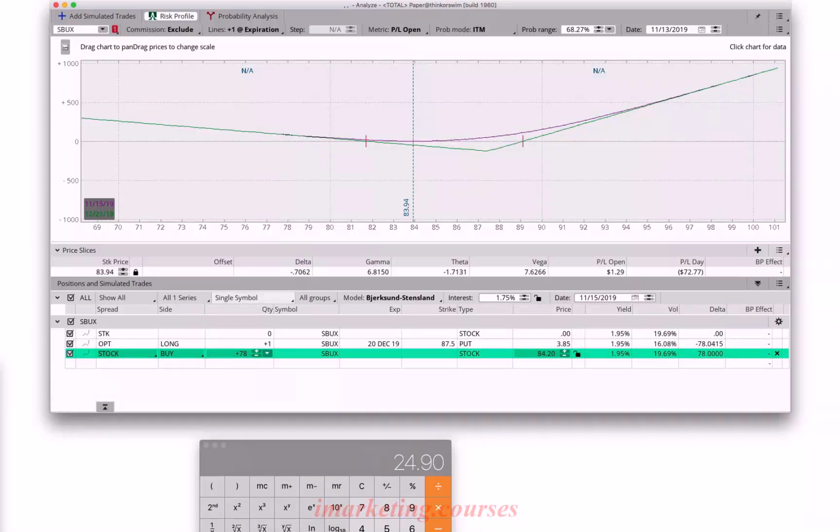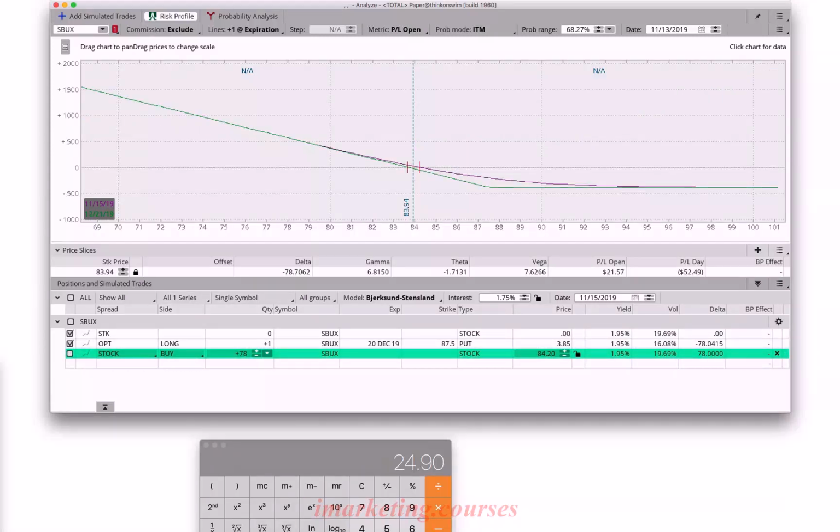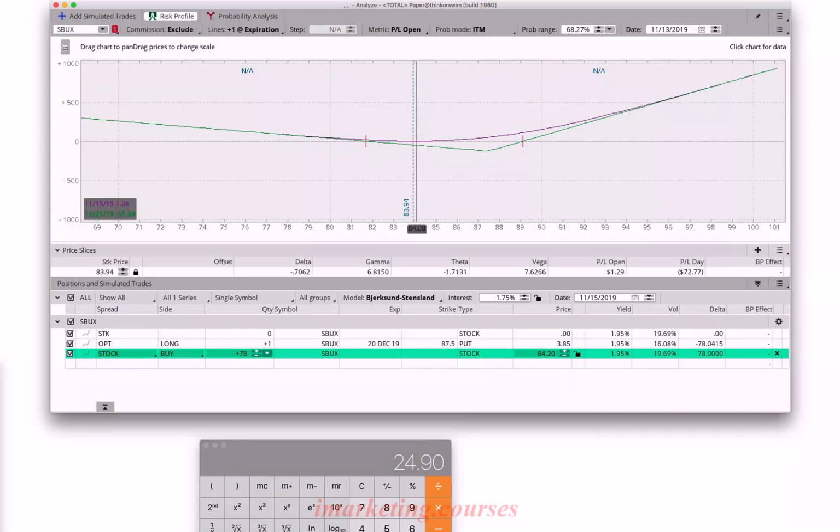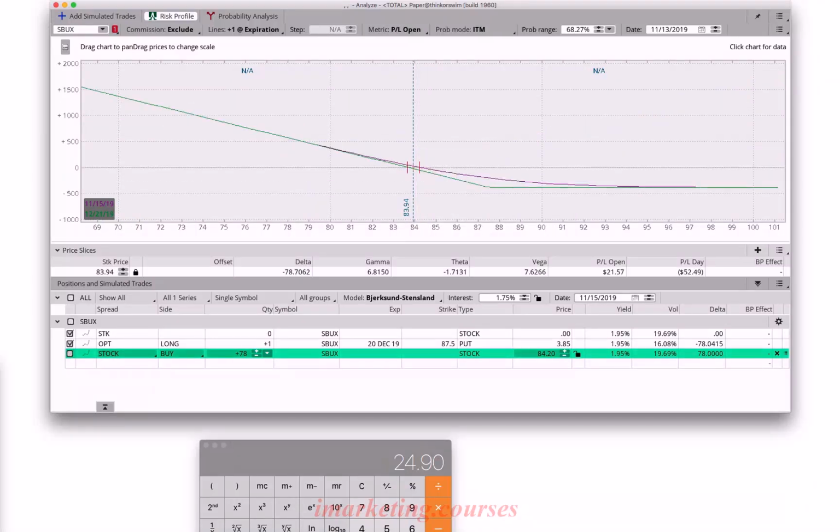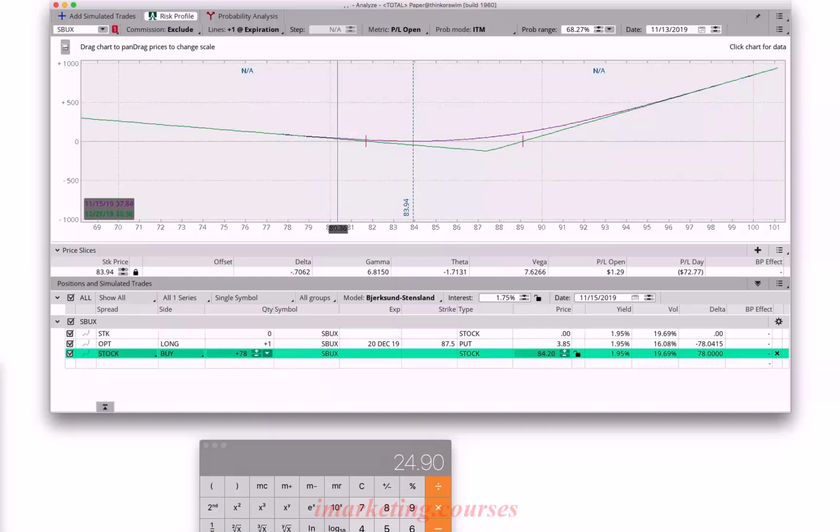Delta hedge. I take that number 78, that slope of 78. I get a positive slope. I know that one share, right? If I buy one share and it goes up $1, that's $1. So if I need $78 to hedge, I buy 78 shares. Bam, neutralize. See how it's flat. So now if there's trouble, I don't lose as much if it goes there. I don't lose as much, and maybe I don't make as much, but at least I'm neutralized and I'm not